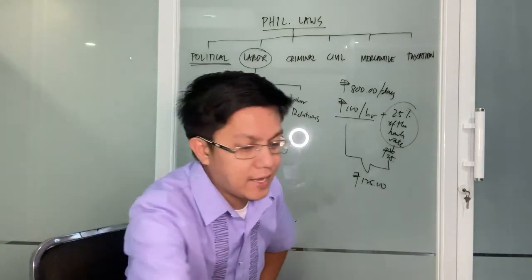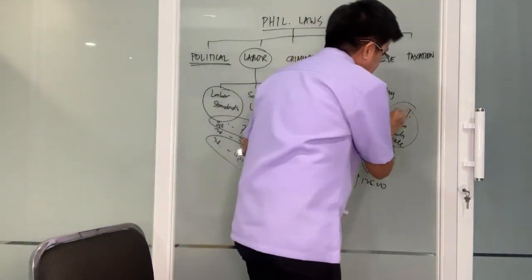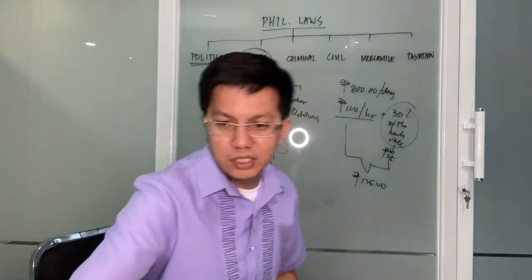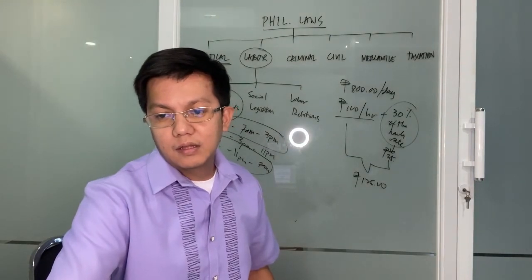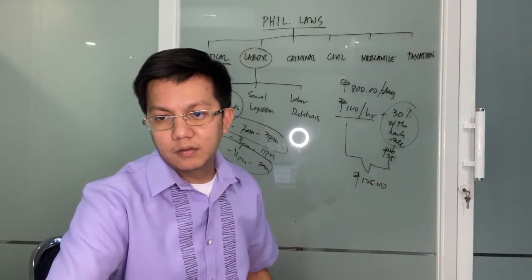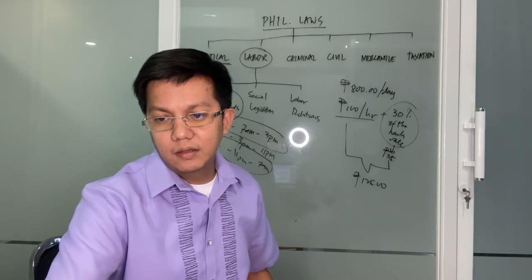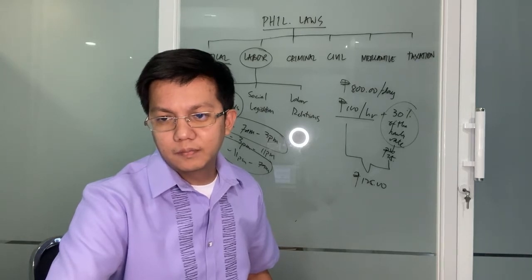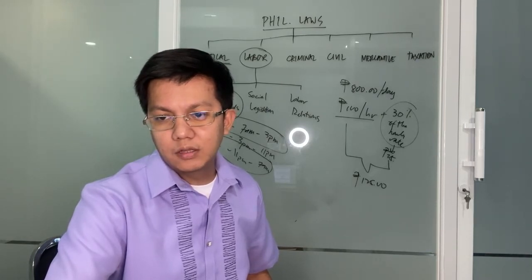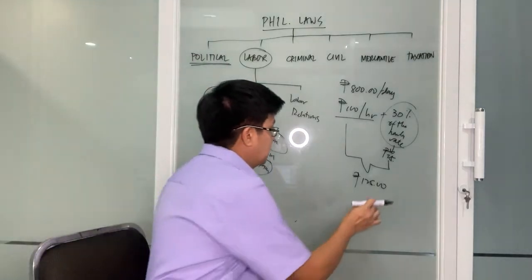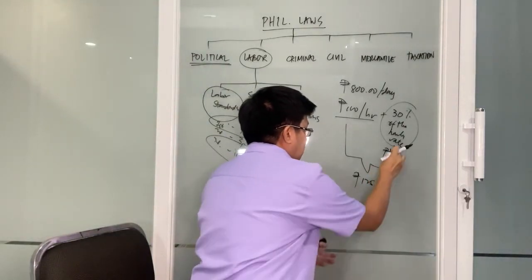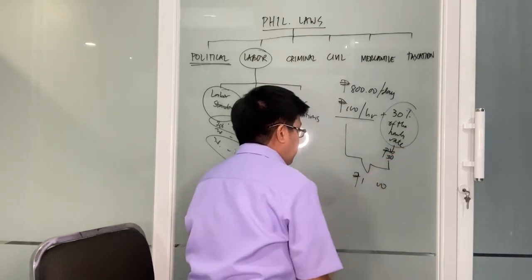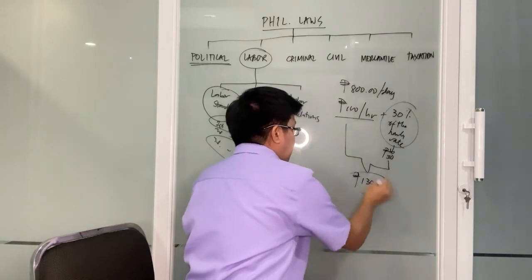Okay. So let's try. So 30% of 100, how much? Pasensya na, hindi ako marunong sa math. 100 times 0.30, that will be 30 pesos. Okay, so meaning to say, yung overtime pay ko dito hindi 125 kundi 130 pesos. That is on top of my